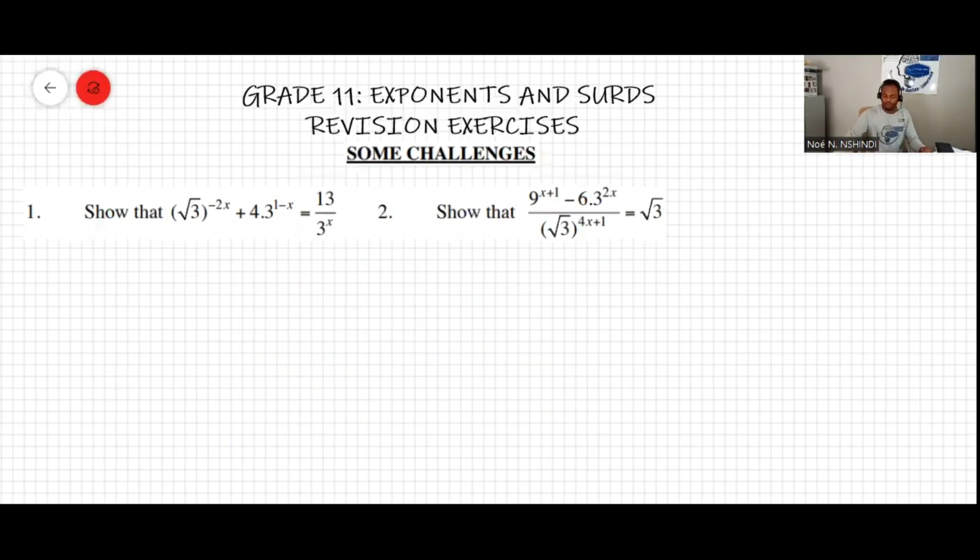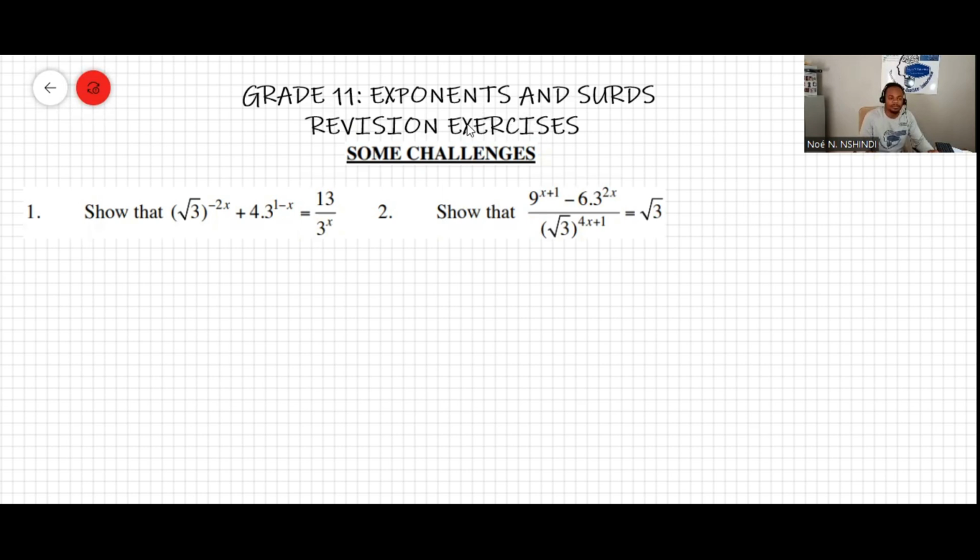Well, now we're going to do the next set of questions, a series of challenging problems on exponents and surds. Question 1 here says: